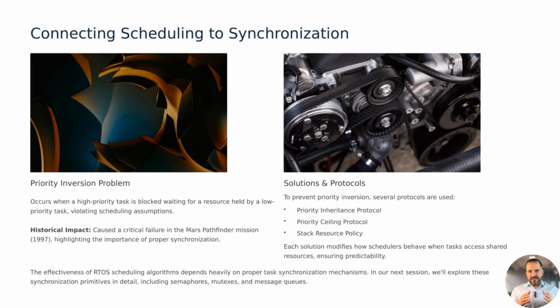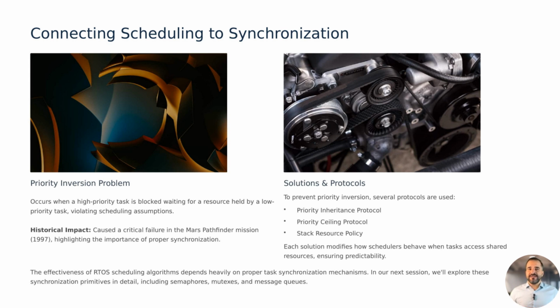In an ideal world, a high-priority task always gets what it needs when it needs it. But in real-time systems, shared resources introduce a hidden threat, priority inversion. This occurs when a low-priority task holds a resource needed by a high-priority task, and a medium-priority task preempts them both, blocking the high-priority task longer than expected. One of the most famous cases happened during the Mars Pathfinder mission in 1997. A priority inversion in the lander's OS caused system resets and delays until engineers diagnosed the issue and uploaded a